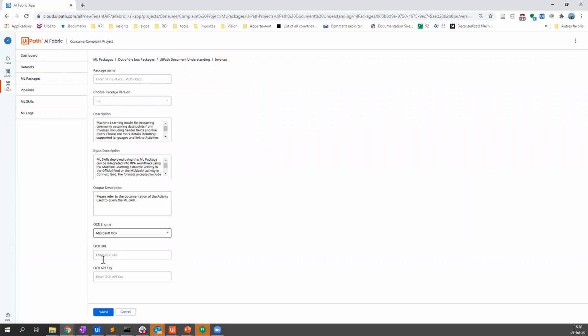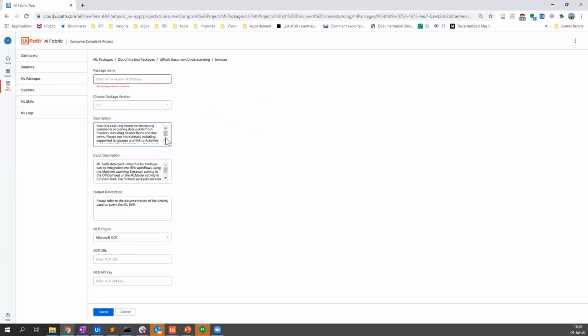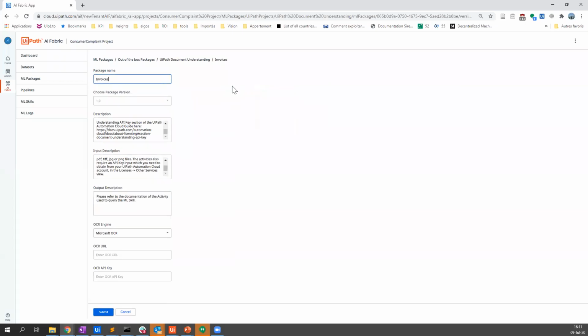When I add it, it will ask me if I want to customize the OCR engine. I will just give a name. You can change the description, but they are provided by UiPath by default. You can change them, obviously. Let me just give invoices, and let's try dummy stuff here.